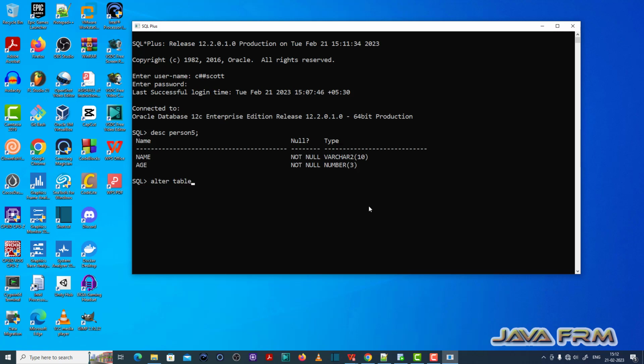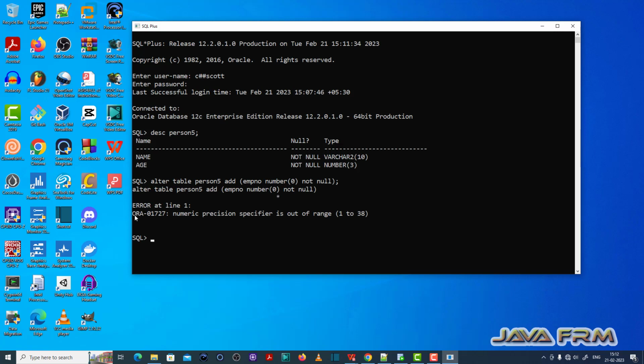So now let me alter this table person file. Alter table person file, add. So I am adding the column called employee number. Not null. So here